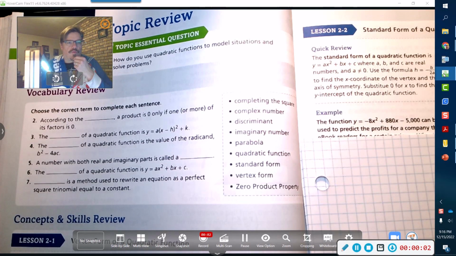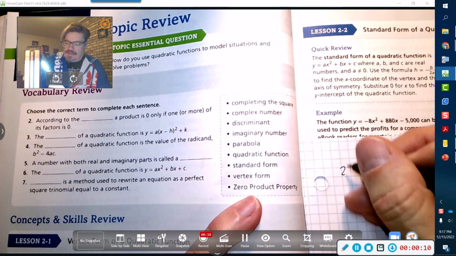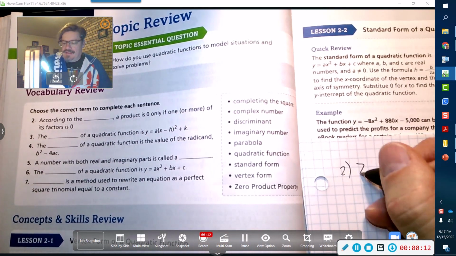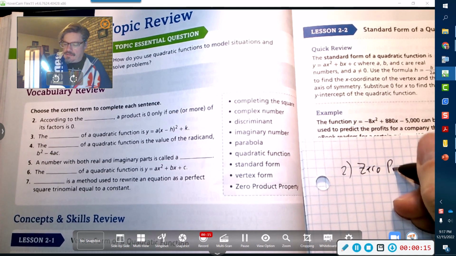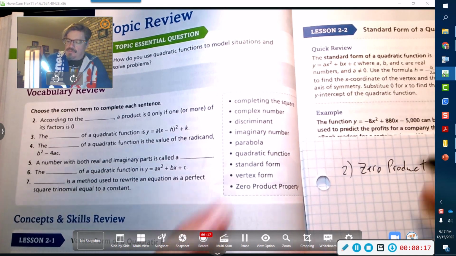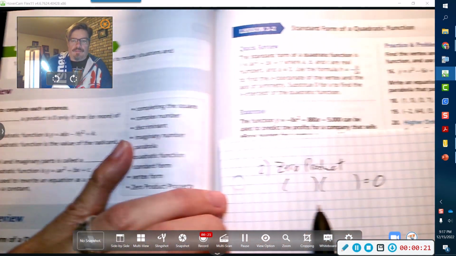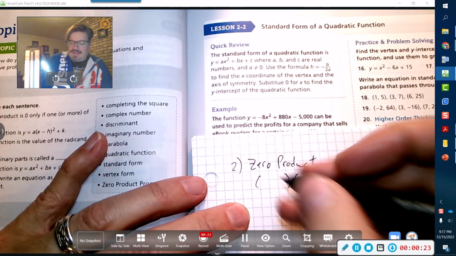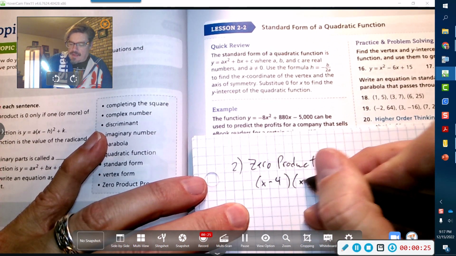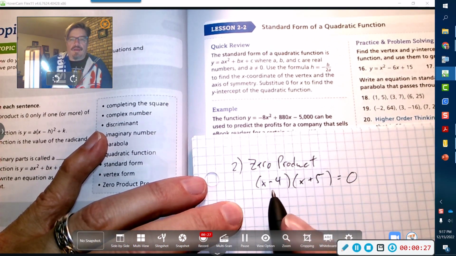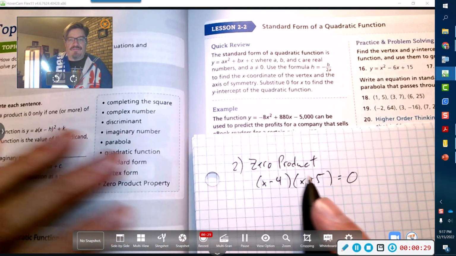Go through the vocab. According to the blank, a product is zero only if one or more of its factors is zero. Alright, that's number 2, we skipped 1. That is the zero product property. Remember, that's what we use to solve for those quadratics. When we say our answer is positive 4 and negative 5, that is the zero product